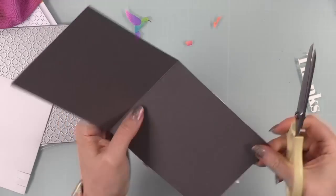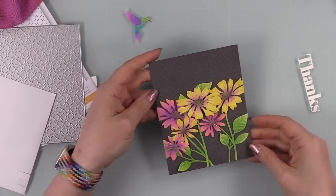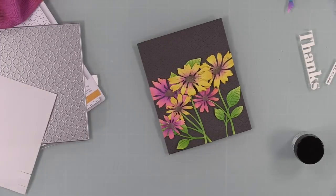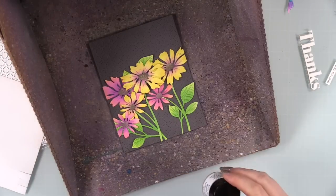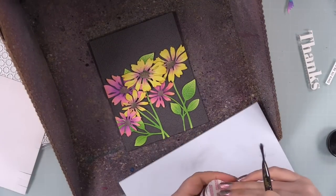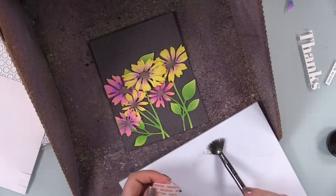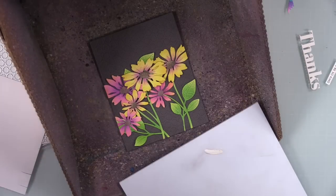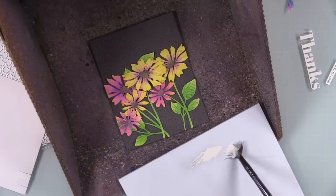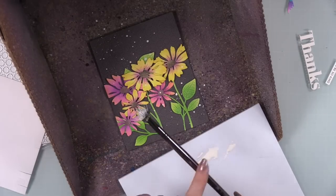Flip this over and just use my scissors to trim off everything that was hanging over the edges of the card. And then decided that I wanted to add more splatter. So I'm going to use the Spellbinders Splatter White Opaque Watercolor. Shown this in a couple of videos recently as well because I finally got my hands on this. This has been out for a few months, something like that. I'm really liking it. So I took a little bit out, put it on my palette, added a little bit of water to thin it down. And then I'm just using my little fan brush